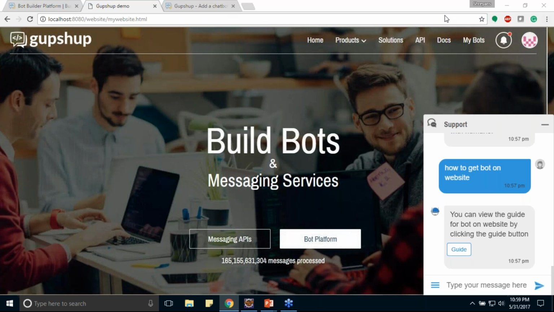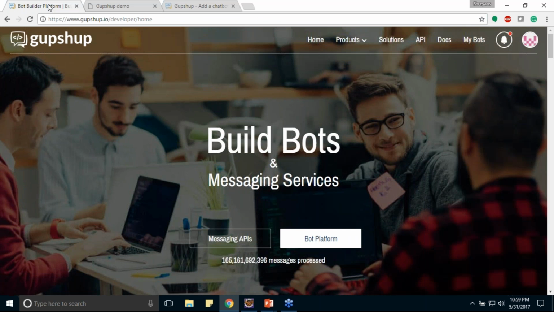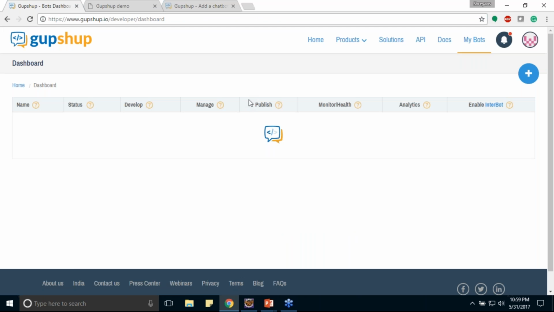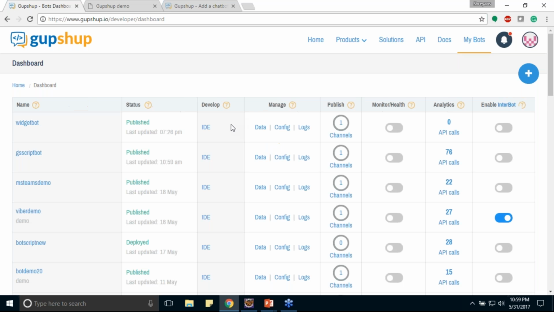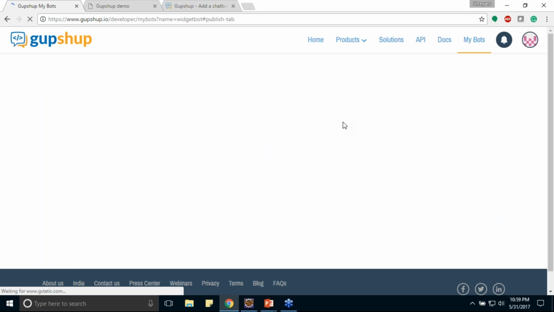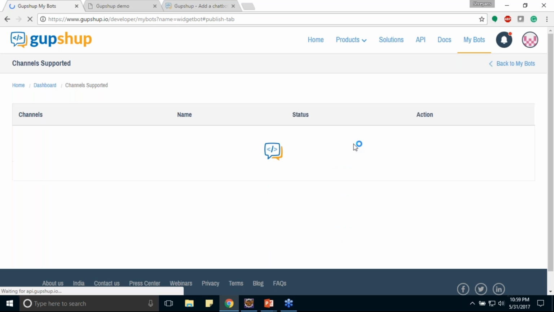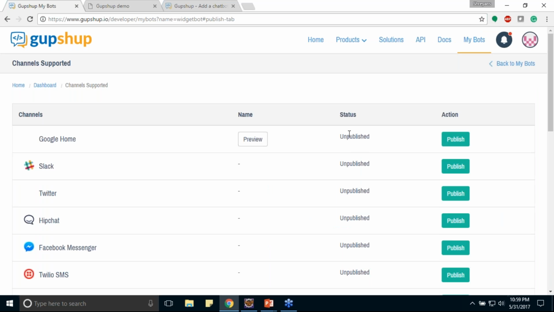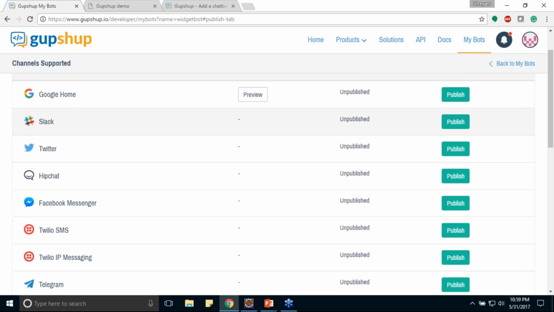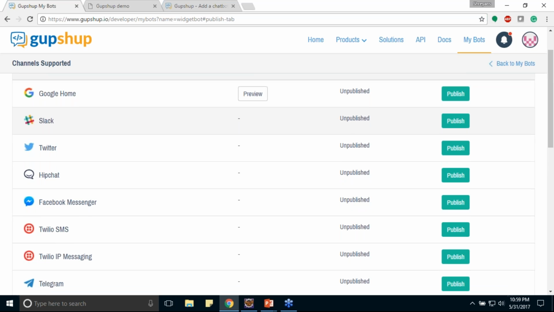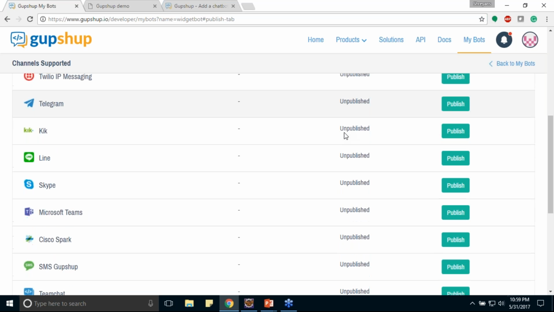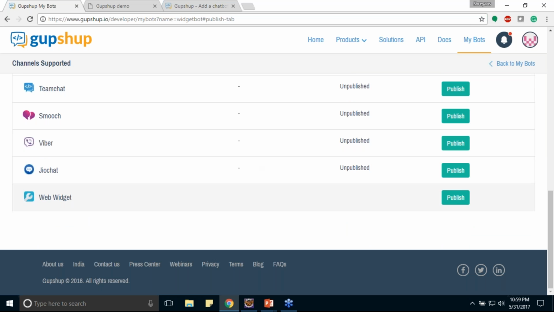Now let's go ahead and look at what things can be customized, and how to get this widget onto your website. Let me go to my bot section. This is our website, gupshup.io. I already have the bot built, and since we looked at the bot, we'll take that example. I'll go to channels, click on channels to publish this. Gupshup supports more than 15 channels. You can have a look at it, including Google Plus, Facebook, Slack, Twitter, Skype, Microsoft Teams, and everything,